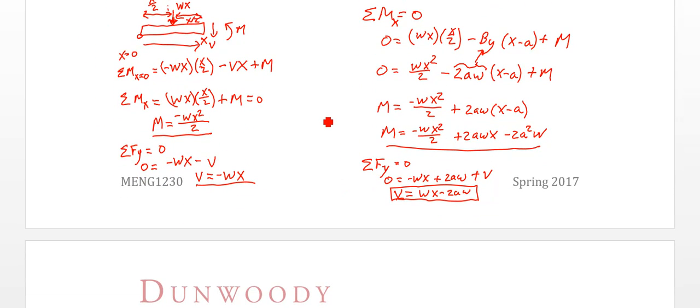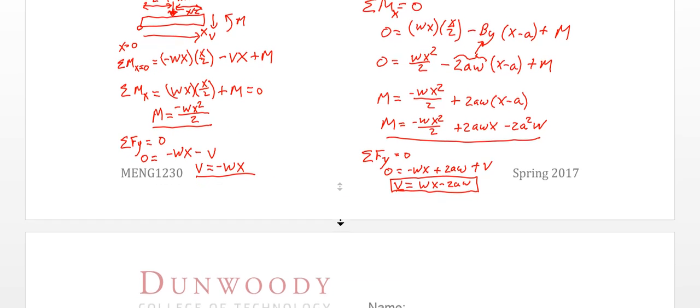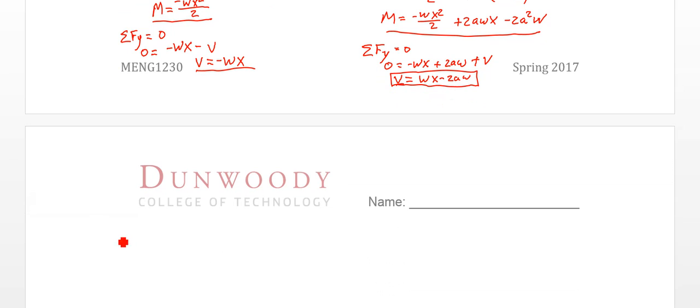So what we'll have is a discontinuity at a between the first half and the second half. So this value for shear is only active after a, and this moment is also only active after a. This part stops being active after we get to point A. So step 5, plot. So if I have V as a function of x equals negative Wx, and that's from 0 to A, and V as a function of x equals,